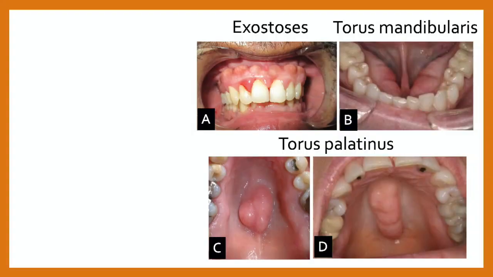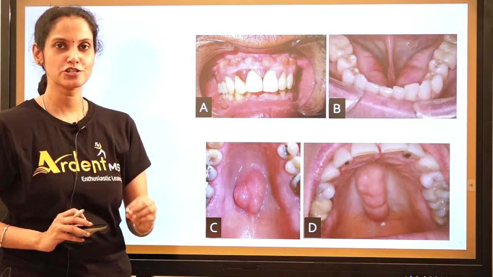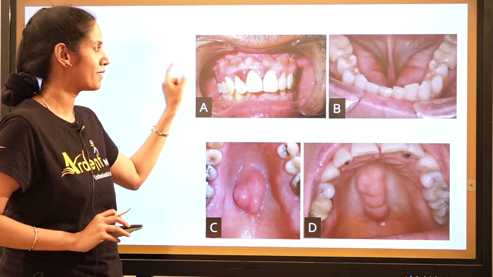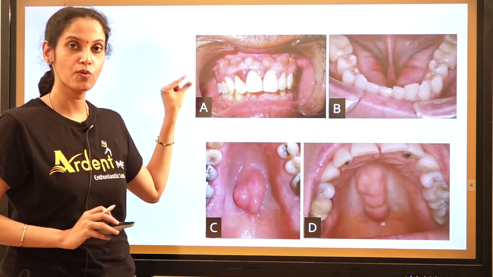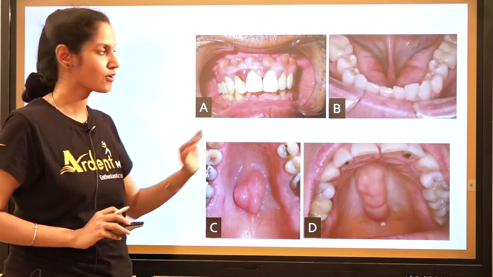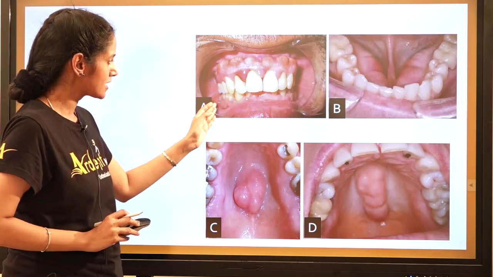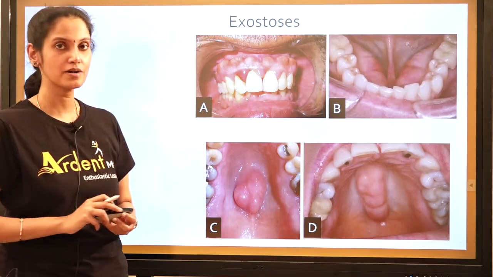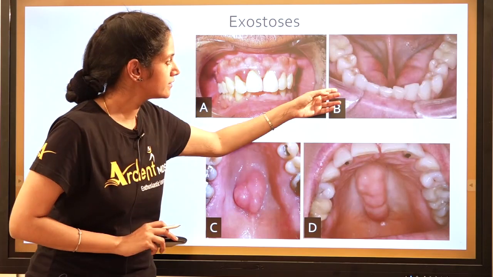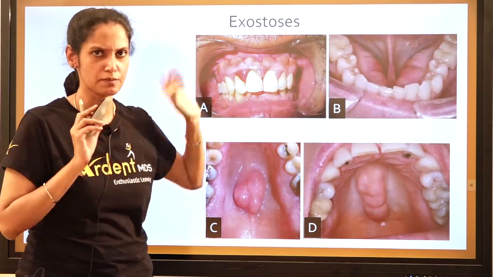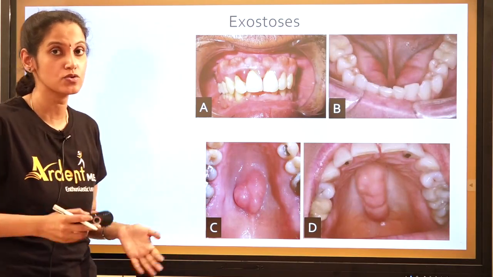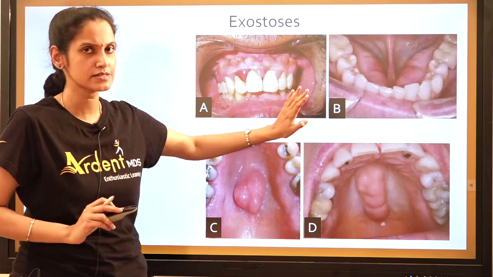So what do you find as one common thing in all these four pictures? It's nothing but localized bony projections found on the alveolus in different parts. So in the first picture, you find a bilateral row of hard bony nodules on the facial aspect of the maxillary alveolus and also to an extent in the mandibular alveolus. It's nothing but exostosis. Here, the same localized bony projections, which are benign growths, not causing any pain unless the overlying mucosa is traumatized. Okay, it doesn't cause any pain.